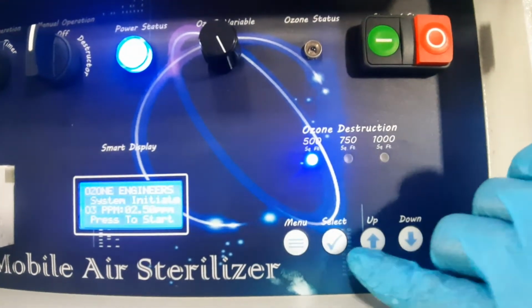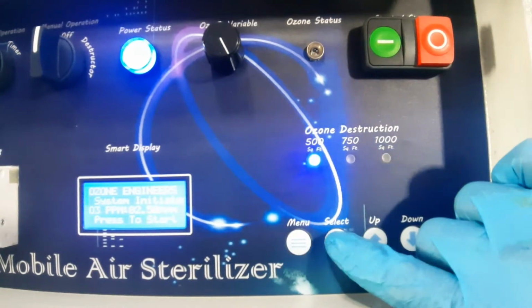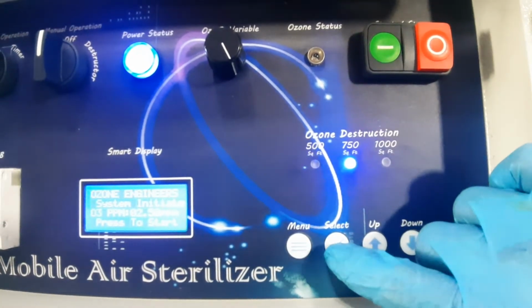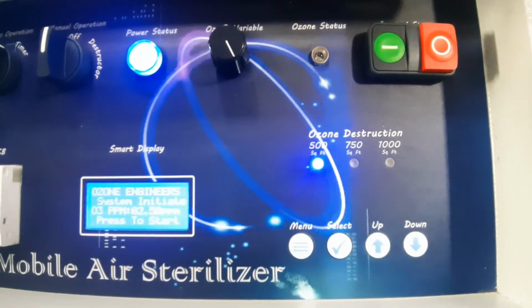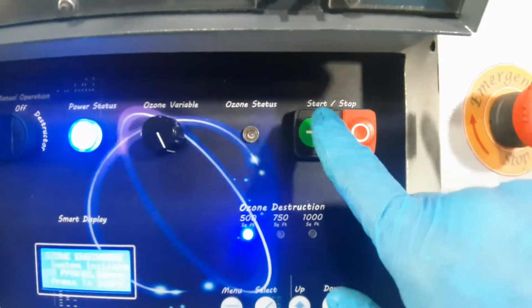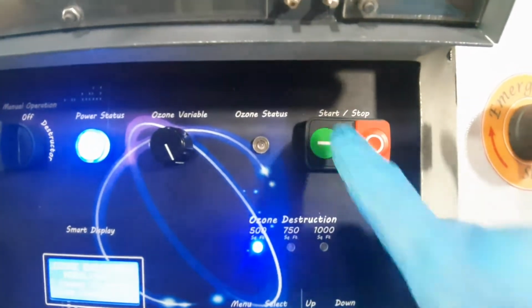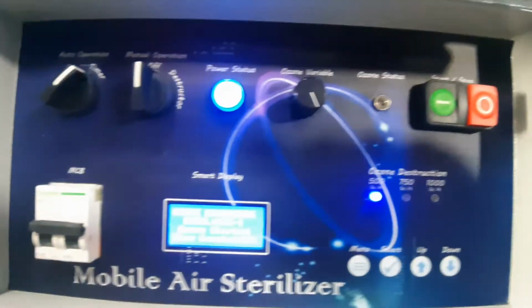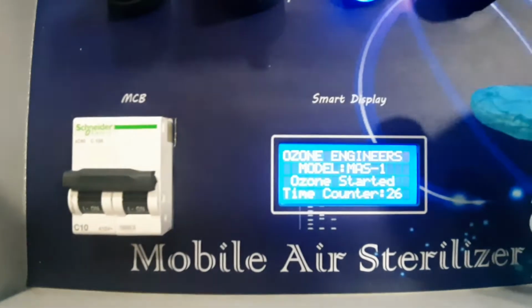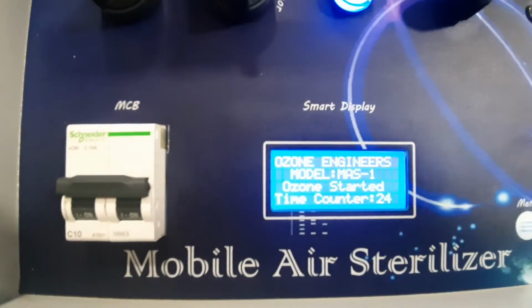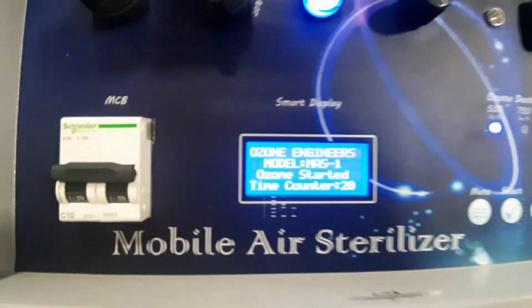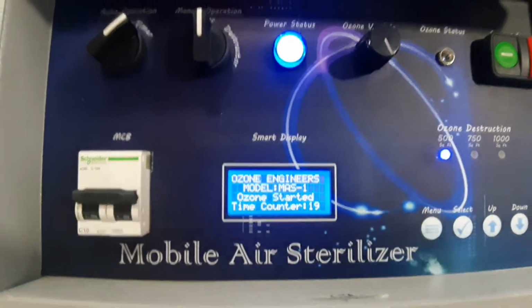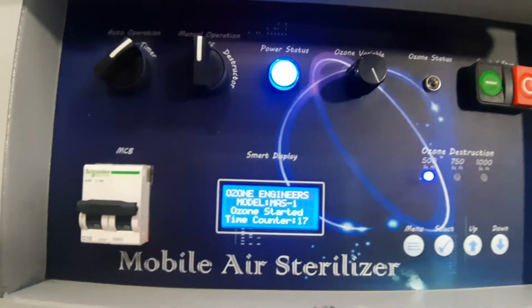Let me show you how to select. Just press the button and the indication will move. Now I am selecting 500 square feet. Now I am going to turn on the system. Just press start. If you press start, the machine is on, but wait, there is a delay timer of 30 seconds, because I have already told you that when ozone is in process, we should ensure there is no human presence inside the room.